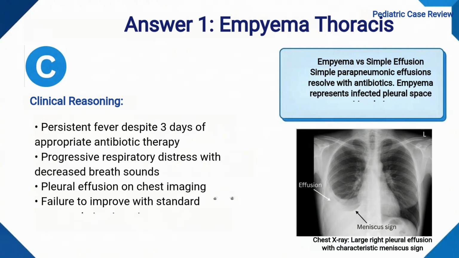Four features in this case point directly to empyema rather than a simple parapneumonic effusion. First, persistent high-grade fever despite 3 days of appropriate antibiotic therapy. Second, progressive respiratory distress with decreased breath sounds indicating significant fluid accumulation. Third, pleural effusion on chest imaging in the context of pneumonia. Fourth, failure to improve with standard community-acquired pneumonia treatment. This pattern of antibiotic failure combined with a persistent effusion is the clinical signature of empyema. Simple parapneumonic effusions typically respond to antibiotics alone, while empyema represents infected pleural space that requires drainage in addition to